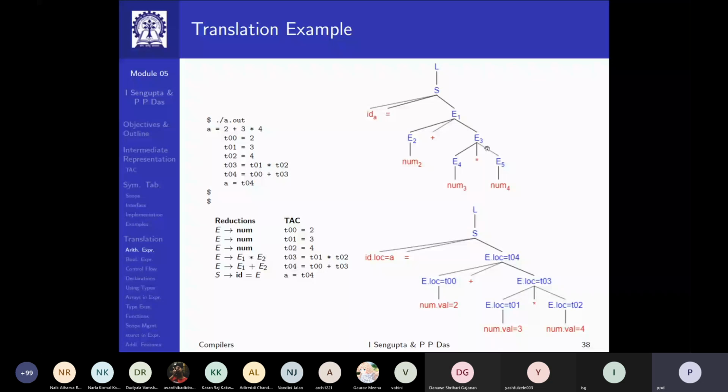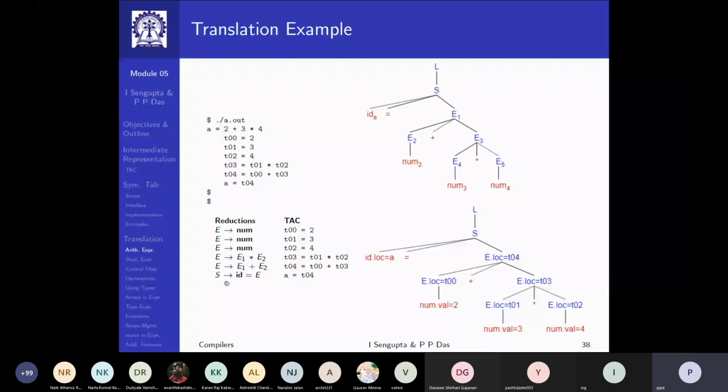Then you return, this is the fifth reduction. Then you return, this is the sixth reduction. Then you return, this is the seventh reduction. So this is the process by which, when you are manually designing, you will be able to check the order of recursions and take the actions. That is how I have written these reductions here.